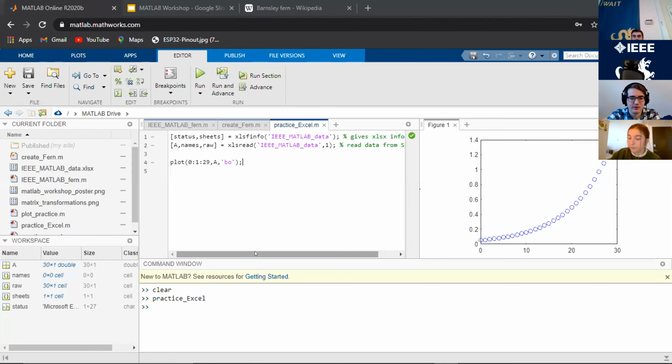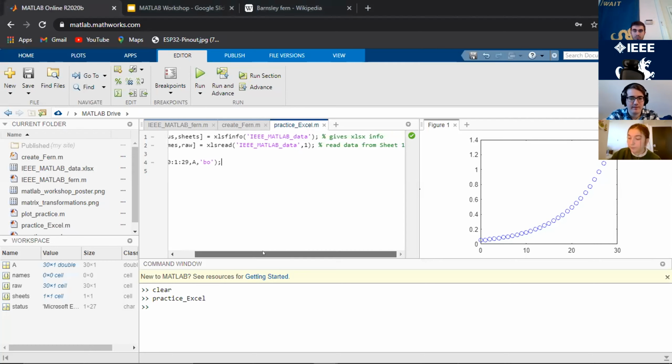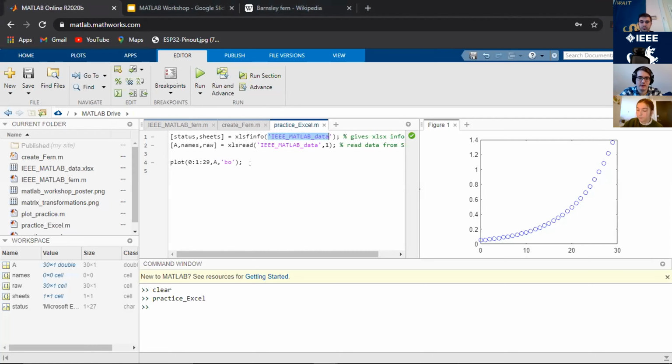All we have to do is make a list, name it status, sheets, and set it equal to the function xlsinfo, and then our file name, which in our case is IEEE_MATLAB_data. And then the same thing with xlsread. And if we run this,